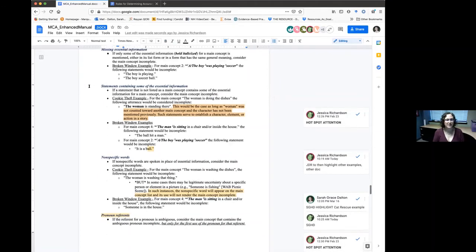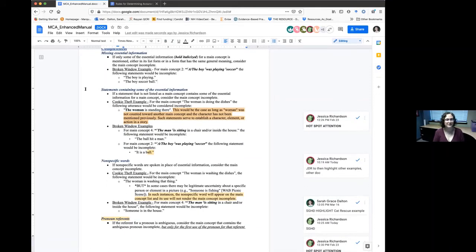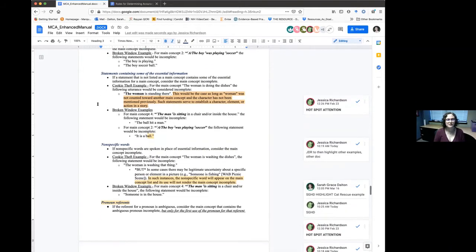For the next rule, statements containing some of the essential information. And this is what we were referring to when we were at the main concept checklist up above. If a statement that is not listed as a main concept contains some of the essential information for a main concept, you should give credit for that statement, but consider the main concept incomplete. So typically this is when a new character is being introduced or some essential information is being stated for the first time. So for example, in the broken window for main concept 4, the man is sitting,